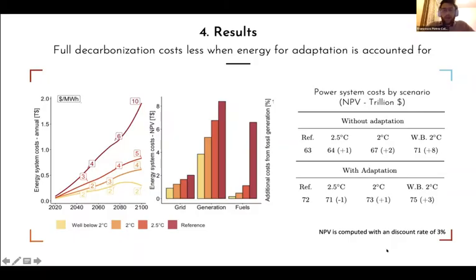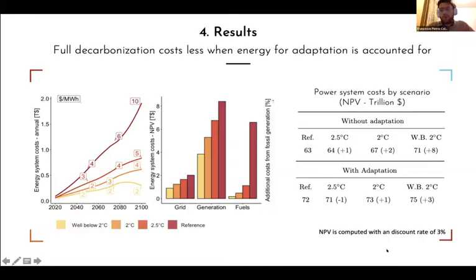And we see that in the model run without adaptation, without this feedback loop, we go from 63 trillion USD in power system costs, which are grid plus generation costs, up to 71. So we have an increase, let's say, of $8 trillion when we move from the NDC's reference to the well